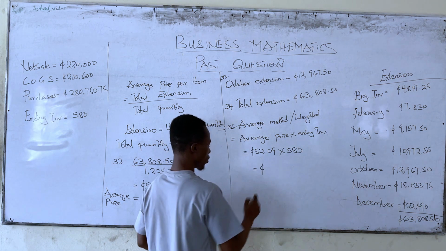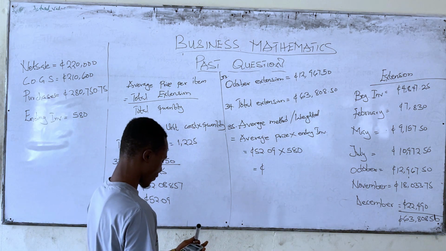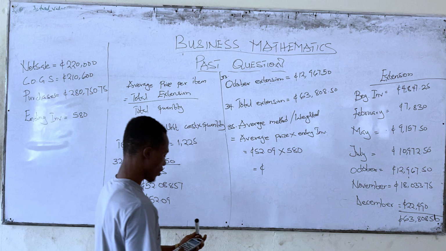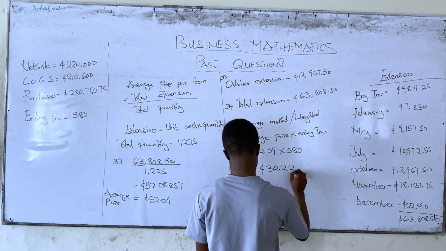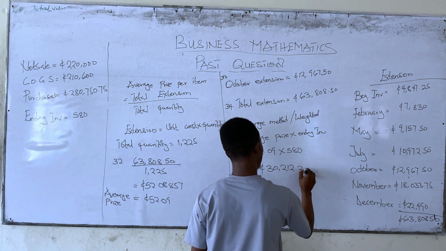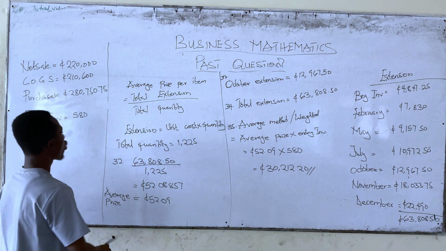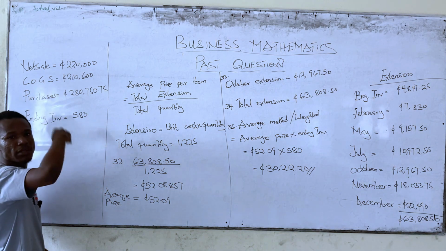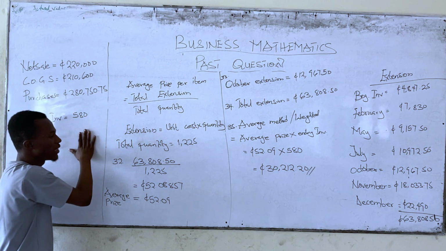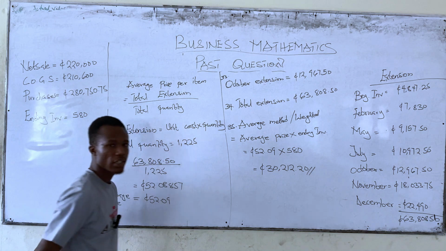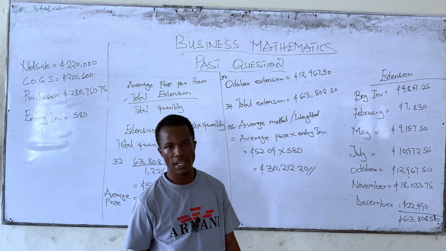So our final answer is going to be 52.09 times 580. So we have 30,212.20. So this is the average method. So the whole 580 items in inventory, the monetary value of those 580 in inventory is this. Okay, now before you can do that, you must get the average price, then you multiply it by the ending